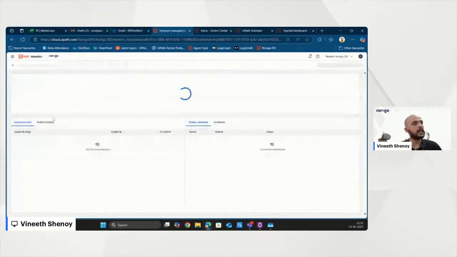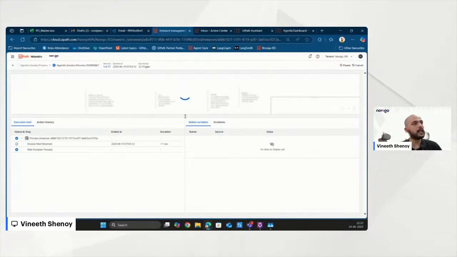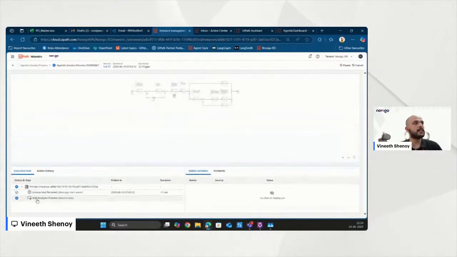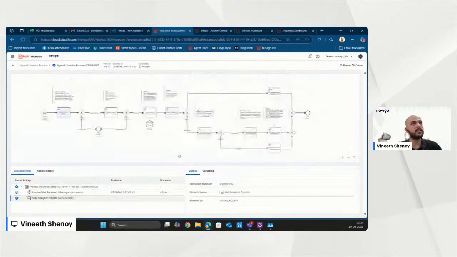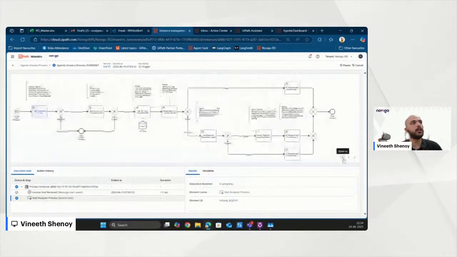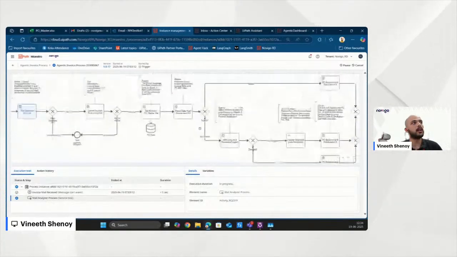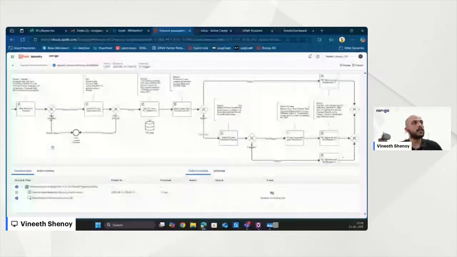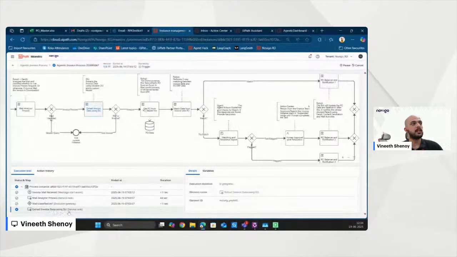On Maestro, under instance management, I can see the invoice instance that is triggered. And as you can see, we have the mail analyzer process. Let me zoom in so that the process flow is visible to you all. There might be a slight delay between what's being processed and what's being reflected here, but as you can see, mail analyzer is completed and we are in the extraction of invoice data part.